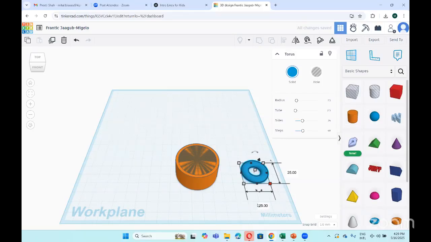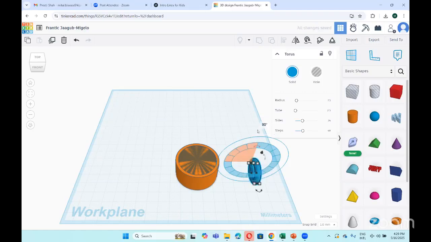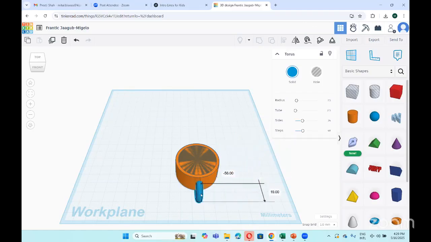Right? After that, I just click here and give it 90-degree. So the moment I do the 90-degree, it becomes like this and I place it here. Right? Once I place it here, now I click